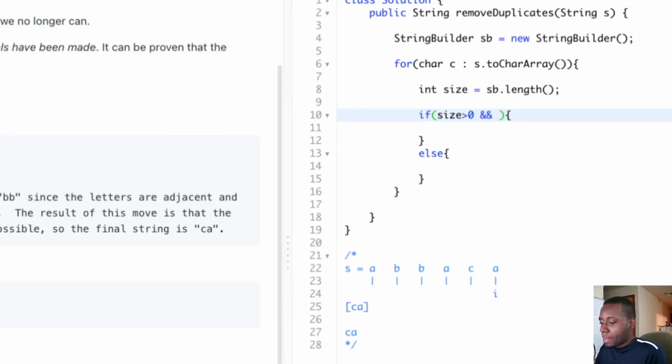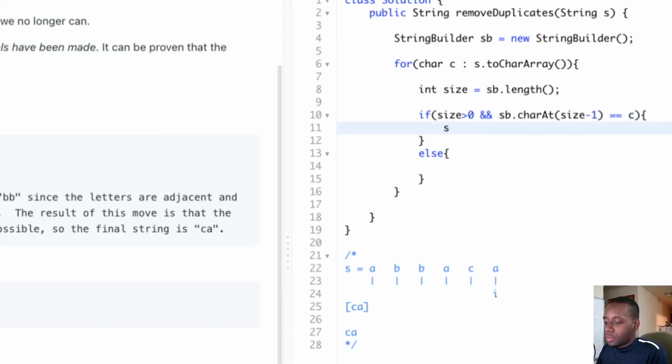So if the last valid character that I processed so far is the same as the character that I'm currently on,